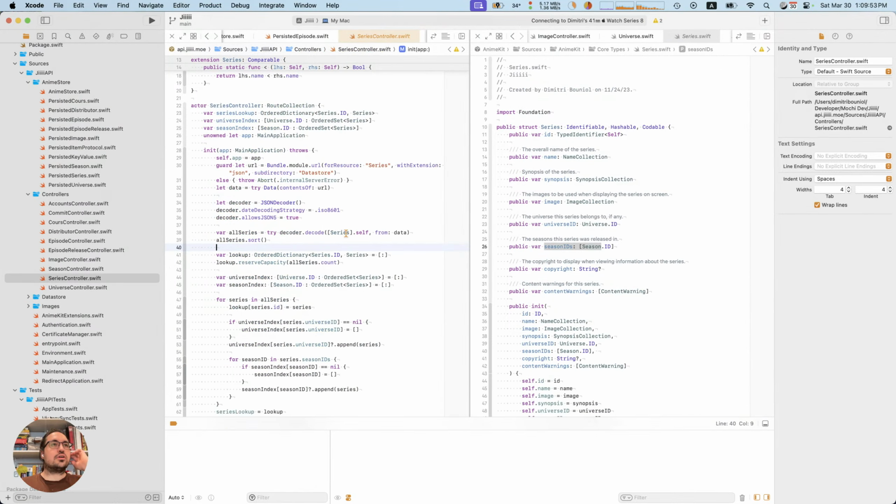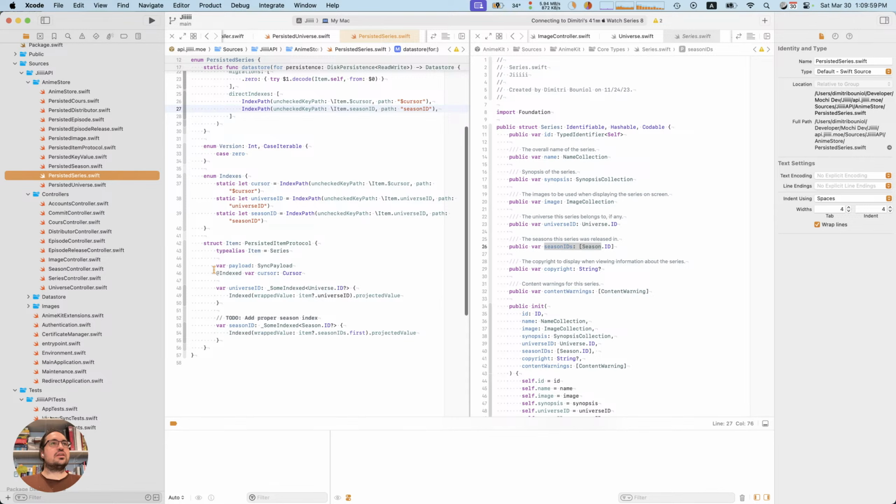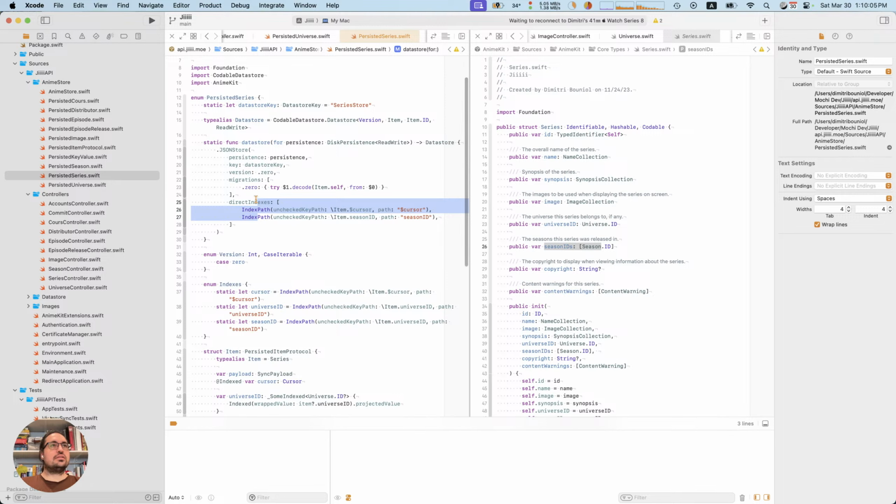So if we take a look at the actual code, take this series for instance. Maybe I didn't need to specify these. I kind of did.